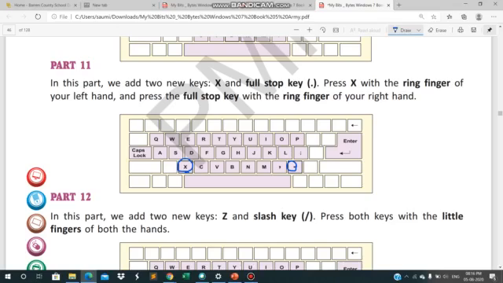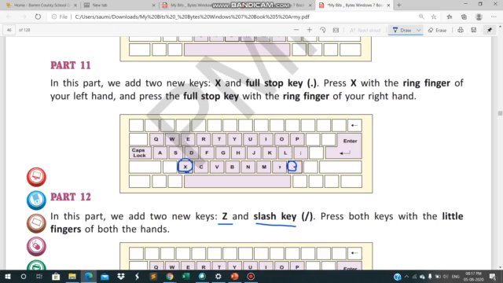Next part is part 12. In part 12 they are adding the Z and slash keys.